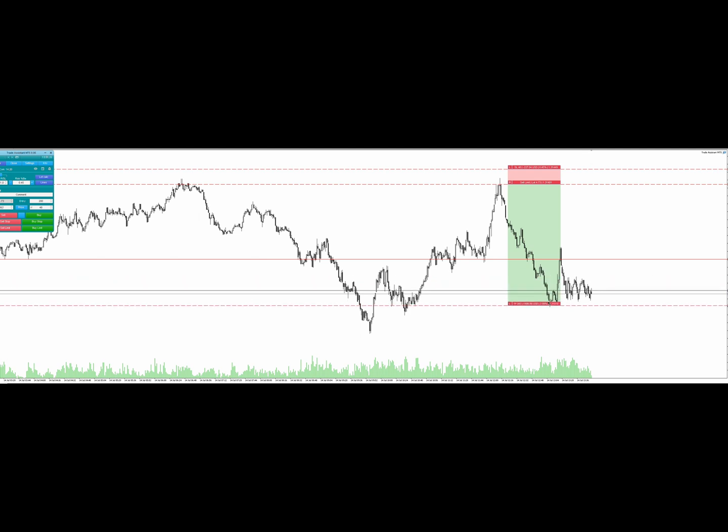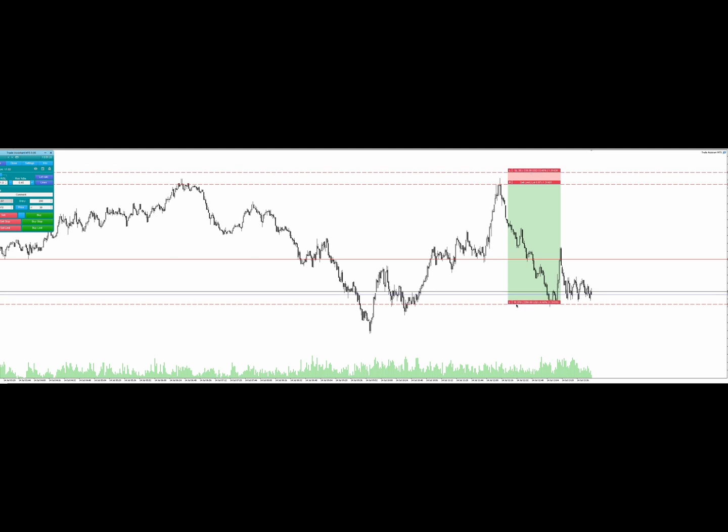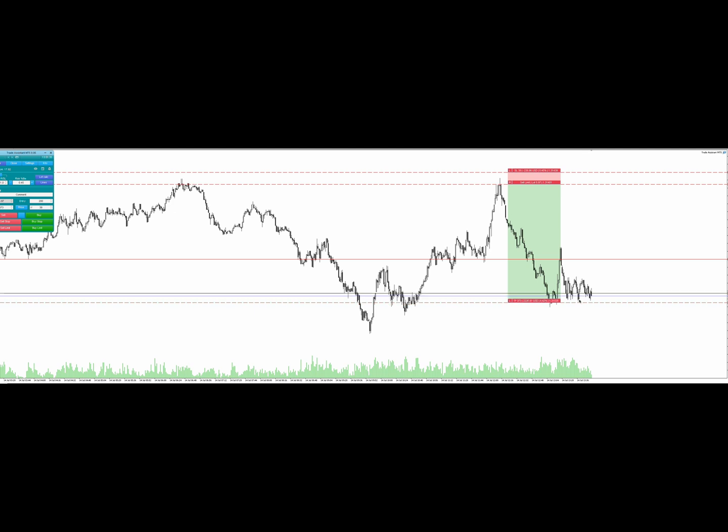So this is what I use it for, to be fair. So this just takes all the stress out, calculating your lots, calculating 0.5% on your stop loss, and obviously it just gives you what your profits are going to be straight away. And then also you can go, say you want to do,